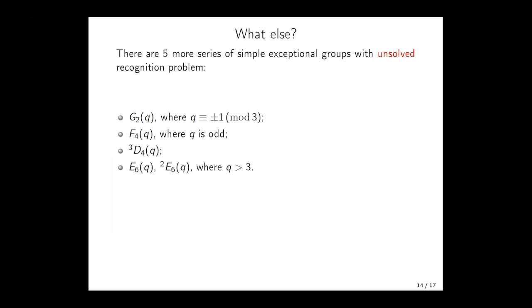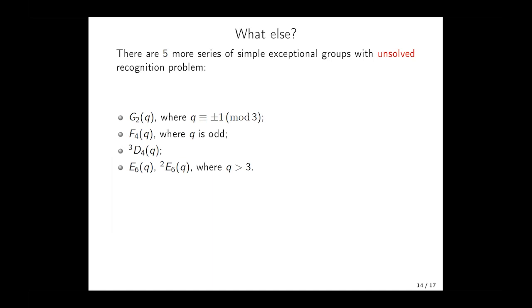All of the prime graphs of these groups have 2 components. So it should be harder to work with them, but still there is hope because the structure of graphs of these groups is